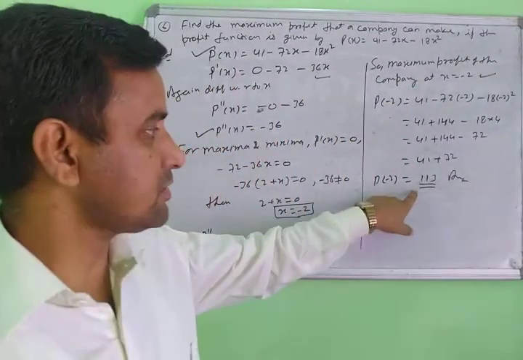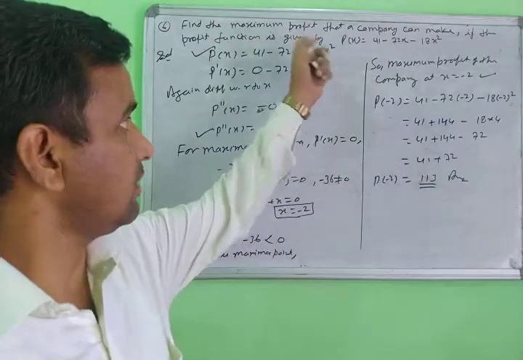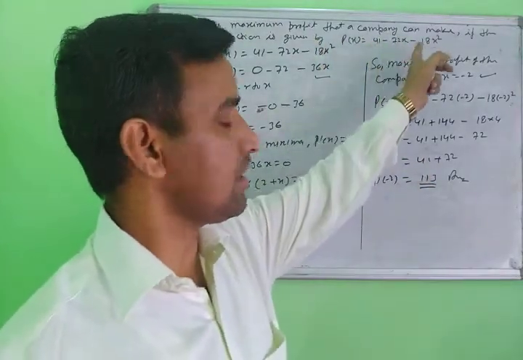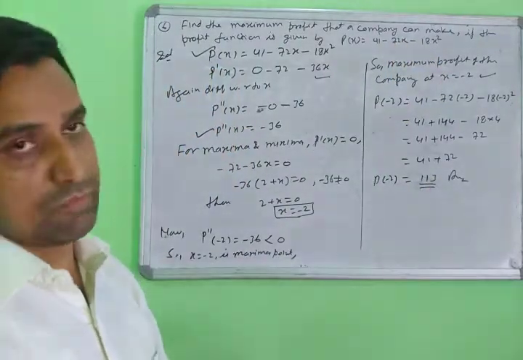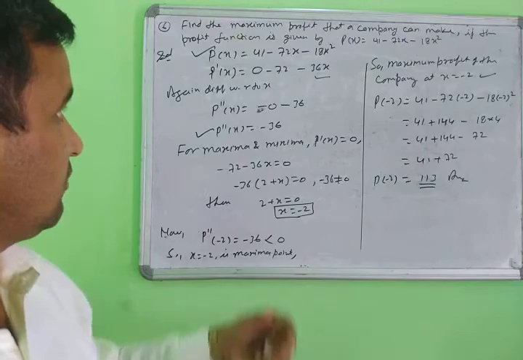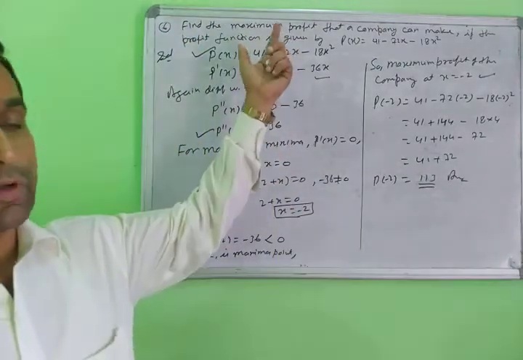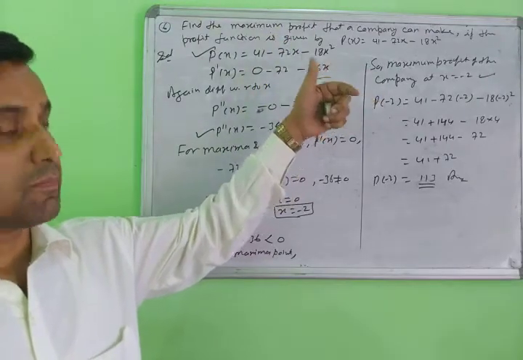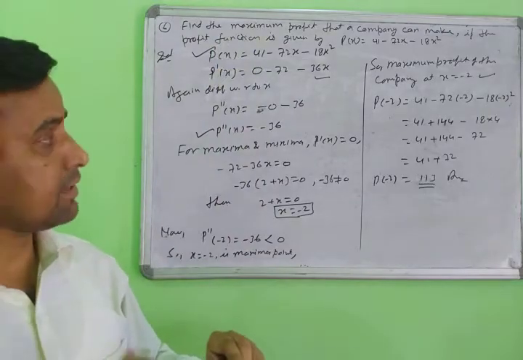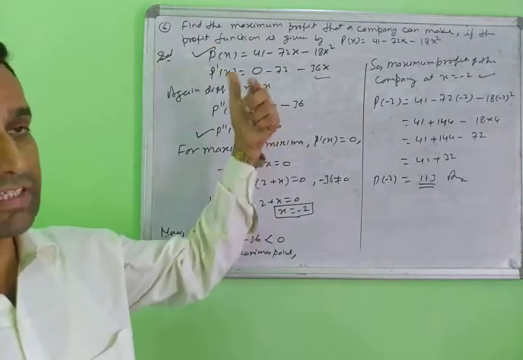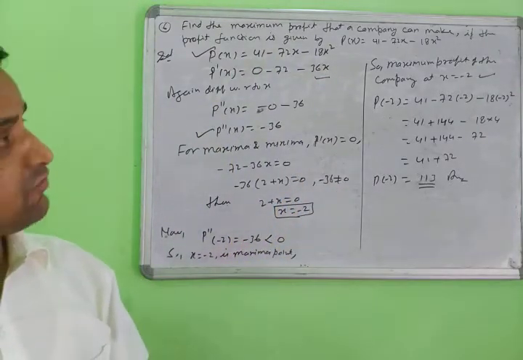So how much profit here? 113 units. This depends on the function; the function makes the percentage on a unit basis. So 113 units will be the maximum profit of the company. Very simple. If any question of this type comes, whether the company is taking maximum profit or not, you will solve it in this way and get the answer, very easy.